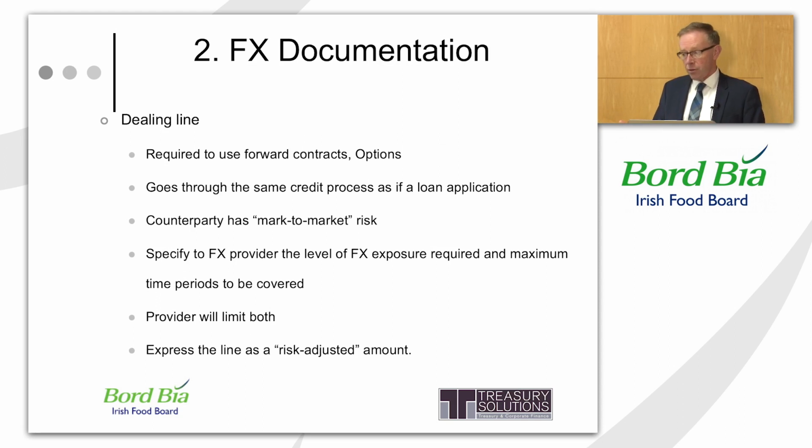And so they literally have to go for credit approval. And the counterparty then has what they call mark-to-market risk. So if you think of this scenario, a bank really is just a middleman. If you want to go and sell sterling to them in a forward contract, all they do is take that and hedge it out into the market as well. And they simply take a margin in the middle. So the rate that they quote to you is obviously worse than the rate that they're getting from the bank here. So the concern for them is that if you go bust, they still have a transaction this side, and they have no transaction this side, so they're imbalanced. And that's known as a mark-to-market risk.